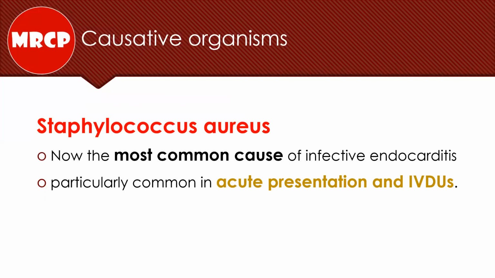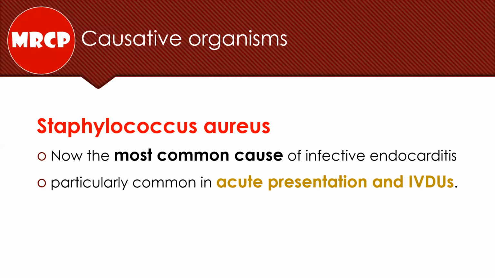Okay, let's go now to the organisms. There are particular organisms that have some affinity for the valves, and these are the most common organisms causing infective endocarditis. All the time, Dr. Anwar, think about infective endocarditis as having a risk factor and the right organism. If you have the right risk factors and the right organism, you will have infective endocarditis at the end of the day. First of all, Staphylococcus aureus. It's a very important organism because this is the most common cause of infective endocarditis. Sometimes the question is as simple as this.